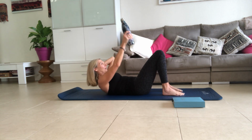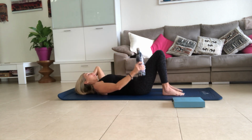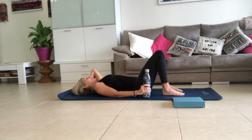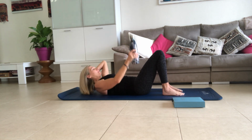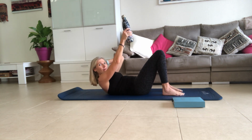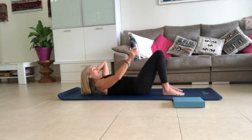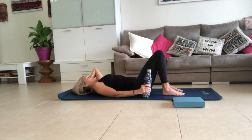Exhale and inhale. Now note I am using a water bottle that is dent proof. Well, maybe not dent proof, but it's certainly not breakable. As tempting as it might be in these times at the moment to do it with a bottle of wine or gin or vodka, please use something that's not made of glass. We're going to do 2 more on this side